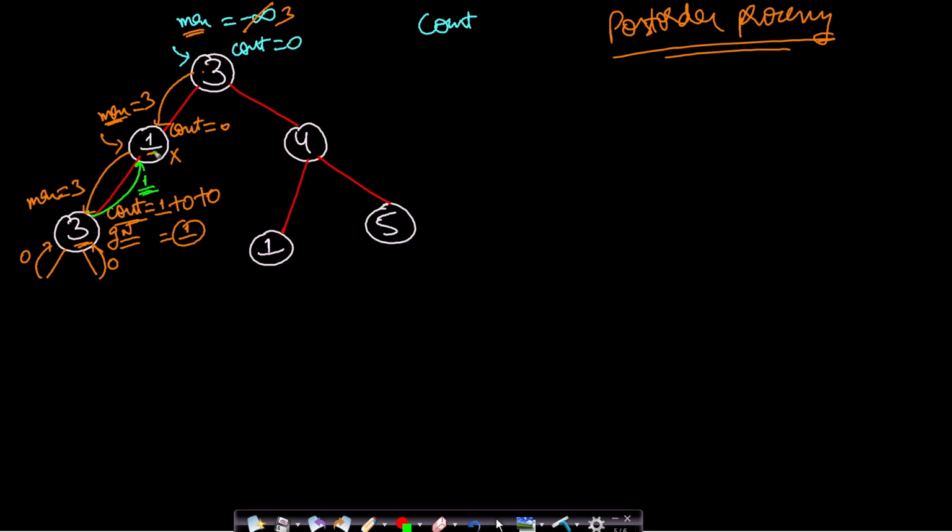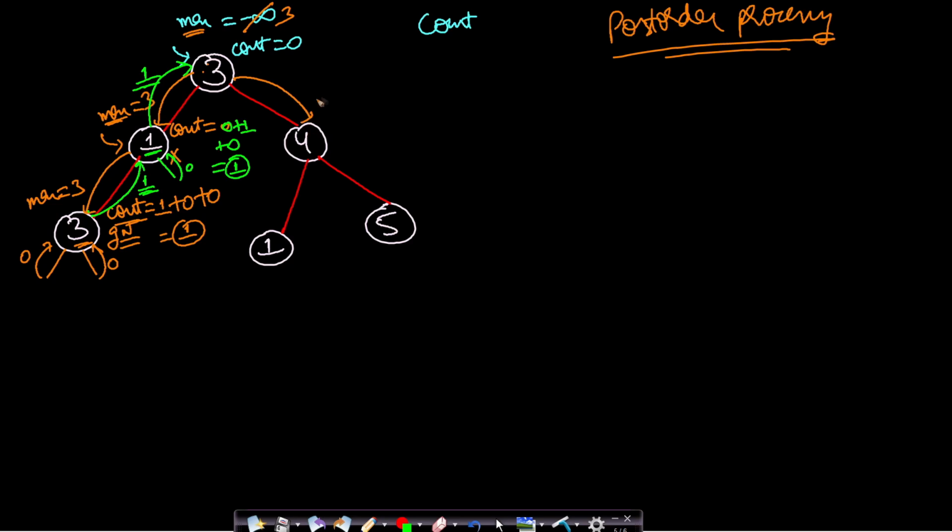left subtree. Now this one was not a good node, right? The count of good nodes from the left subtree was 1. If it makes a right call, then it will get 0 because this is a null, it is not having any node. So the current node is not a good node, so you add 0 plus the count of good nodes from the left subtree, which is 1, plus the count from the right subtree, which is 0. So the total good nodes are 1. So you just return 1 to this previous node, which is 3. Now from this 3, we will make the right call.